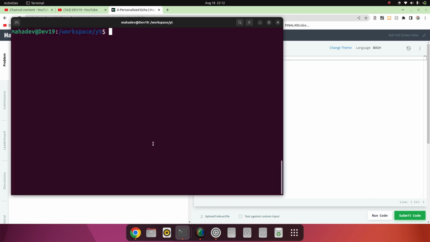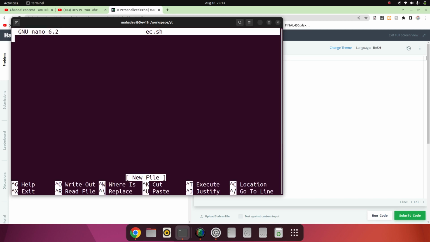Just like the syntaxes in other languages, in shell scripting also there is one thing, echo. First of all I will create the file. If we have to take the input from user, there is the read syntax through which we can take the parameter, and I have to give the variable name. I have to take the name from the user, and simply print that with echo,